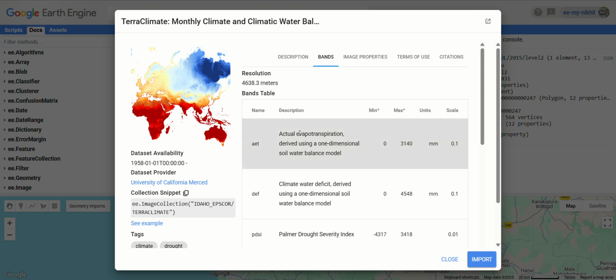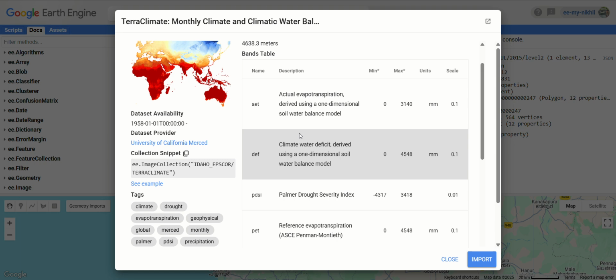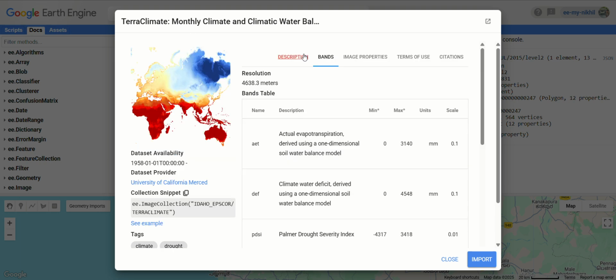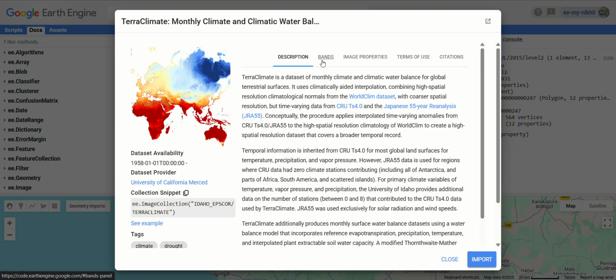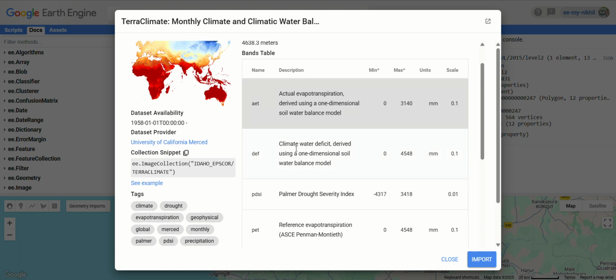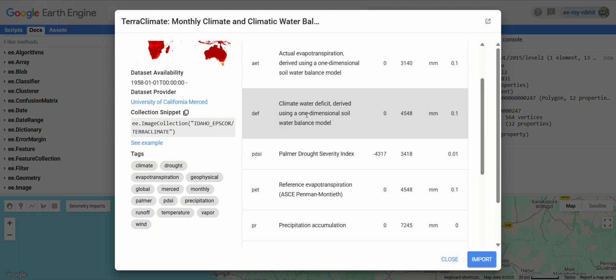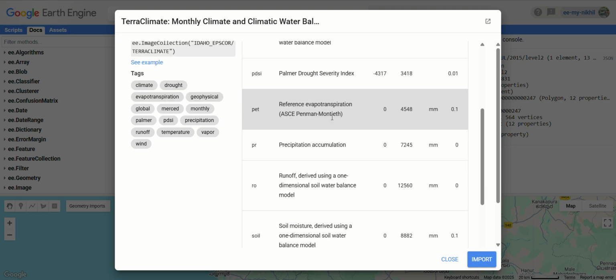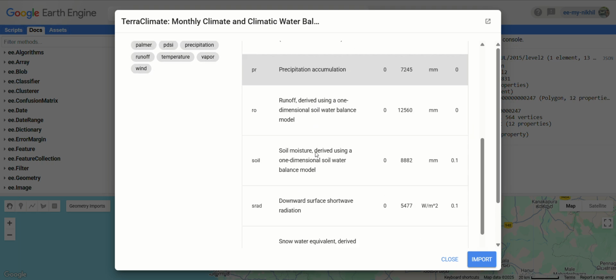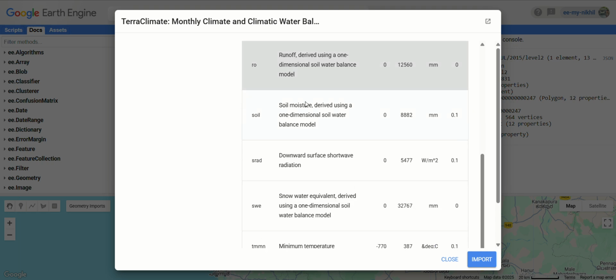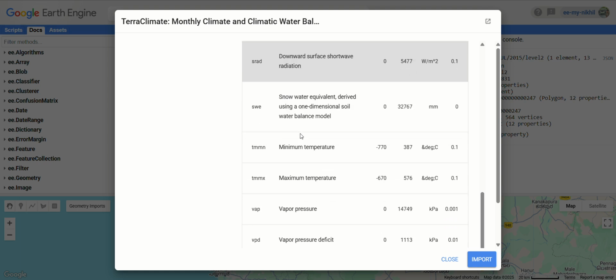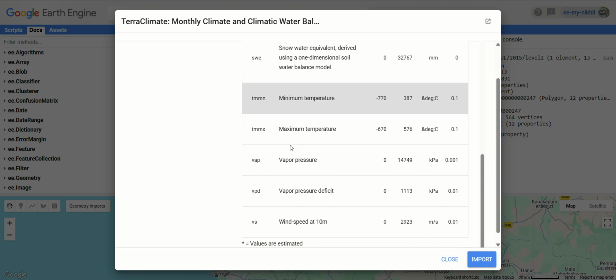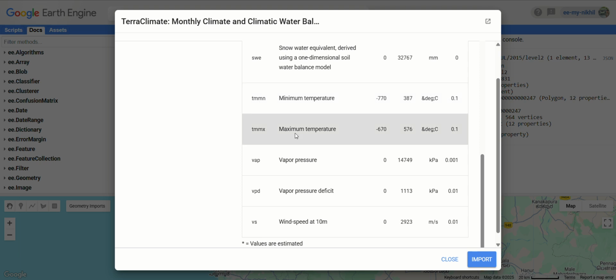As you can see, we have various bands. As the name suggests, it is monthly climate and climate water balance for the global terrestrial surface. So we have evapotranspiration, the climate water deficit, the drought severity index to monitor drought, precipitation accumulation, runoff, soil moisture, everything, as well as the snow water equivalent. The bands we are concerned with today are the minimum temperature, TMMN, and the maximum temperature,